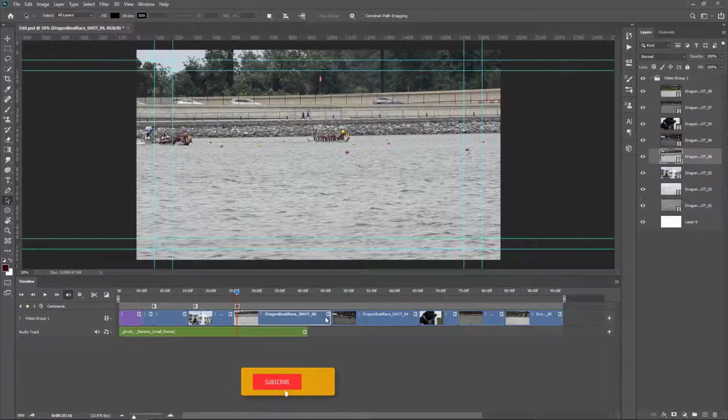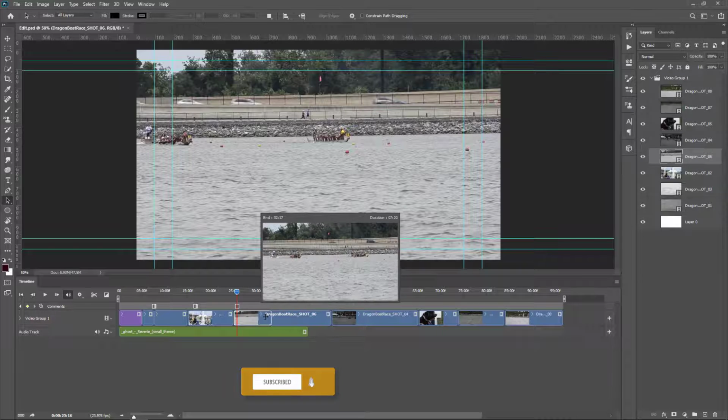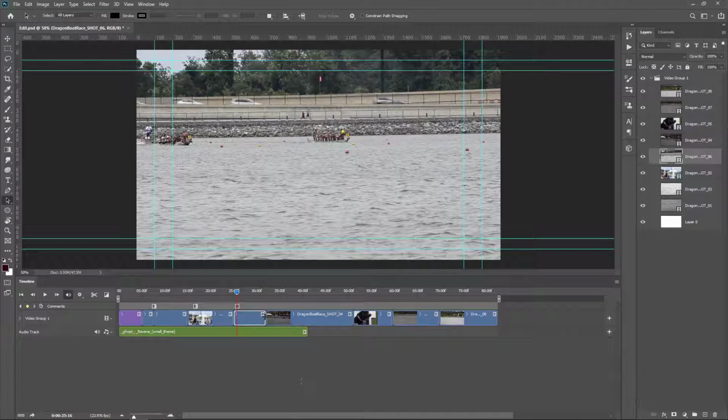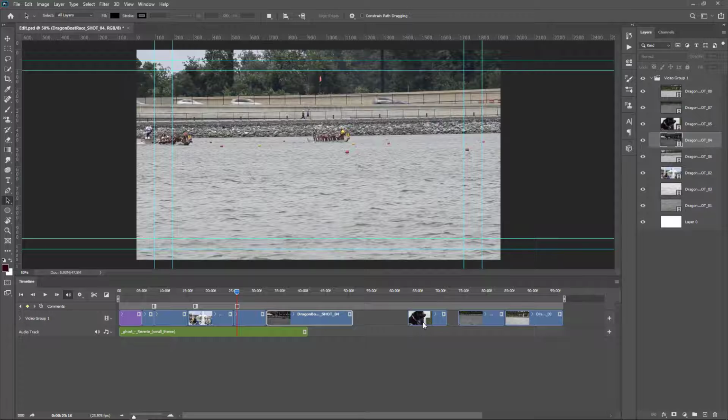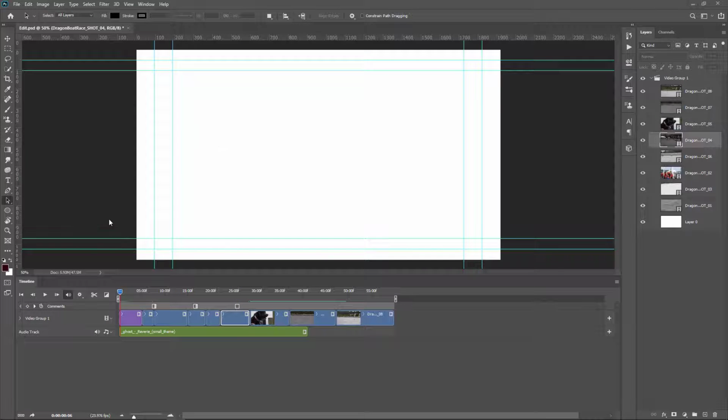I'll select this one and pull here. Now that video is trimmed and automatically adjusts all of the other clips. Select the clip and drag wherever you want. Now the timeline is extended. Now you can move and drag the clip. And you can mute all of the tracks globally, or you can mute the audio track individually.